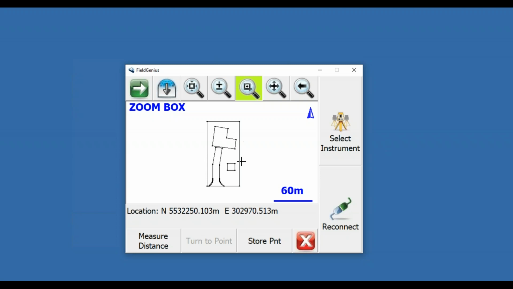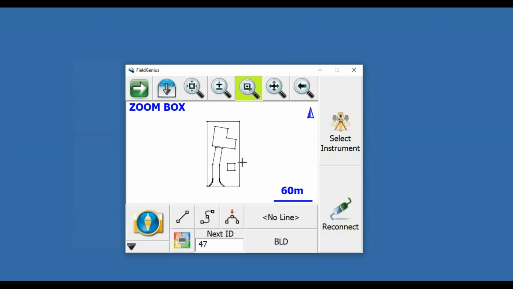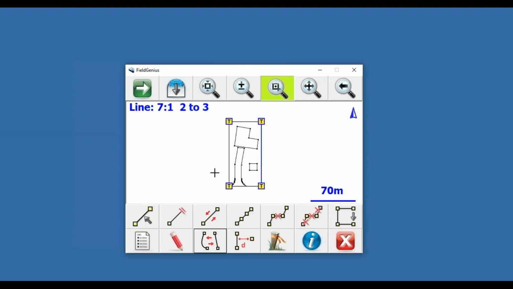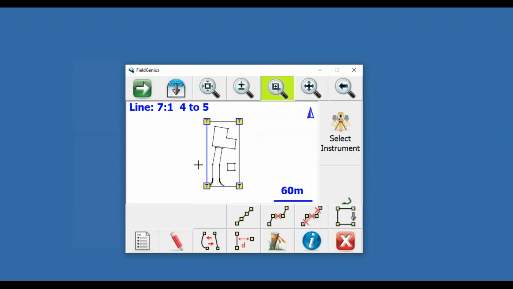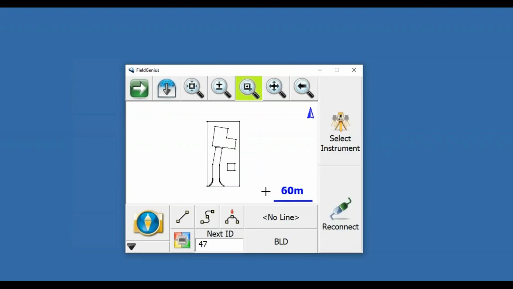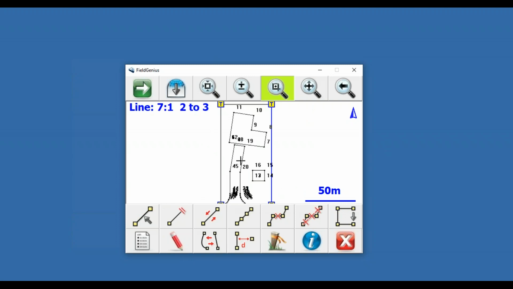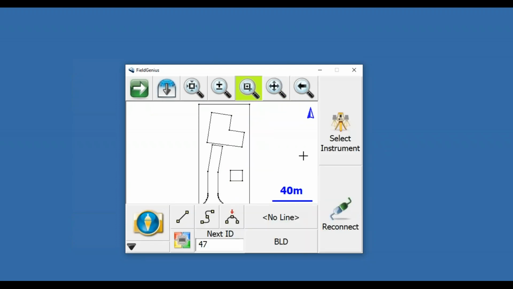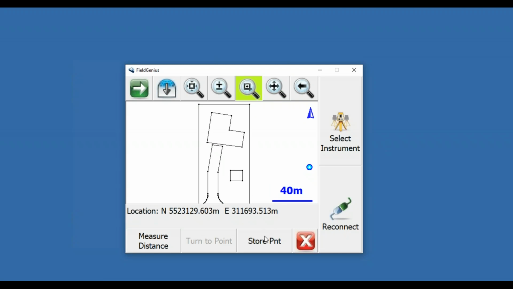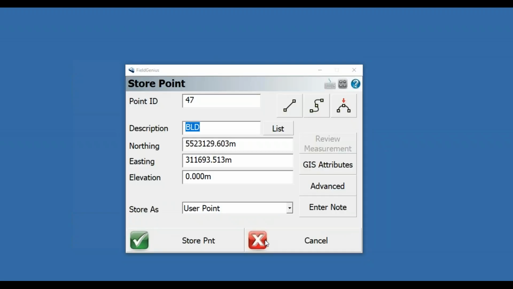Now again, if I'm here and I want to add a point, I'm going to go ahead and, oops, I clicked on the line there, exit. And let me go, there we go. It's just when you're in FieldGenius, if you're zoomed in and you're creating a point manually like this, there's an option to try and select lines that it was using that I hadn't turned off. So anyways, a point that I want to collect here,